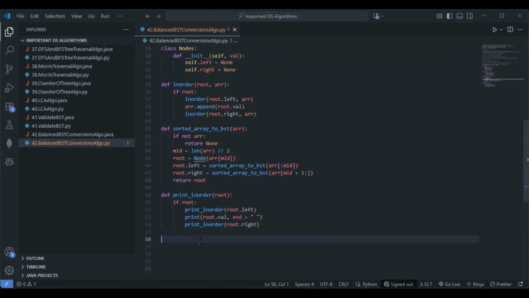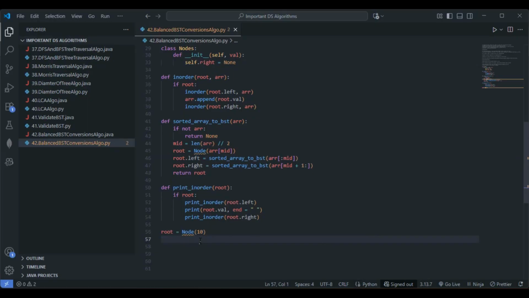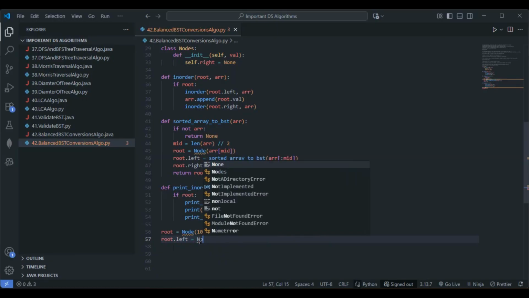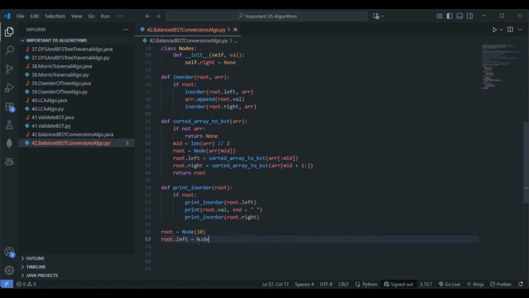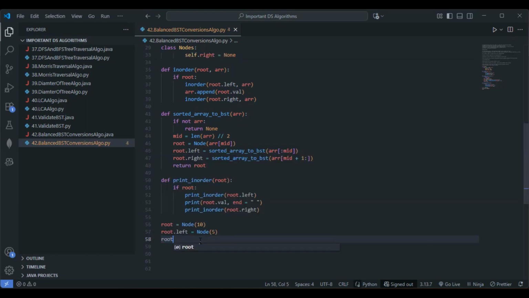So let's do one thing. Let's go with the original unbalanced binary search tree. Root equals Node of 10. The next one would be root dot left equals Node of 5. Next part is root dot left dot left equals